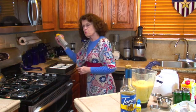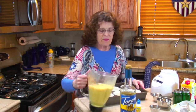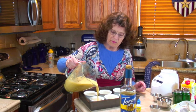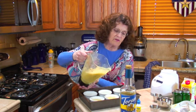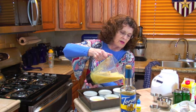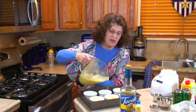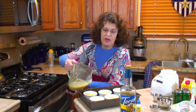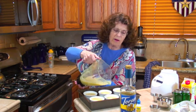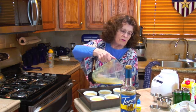Then over here, I've already sprayed these ramekins, but I'll pretend like I am doing it now. They have to be sprayed because they'll stick otherwise, all right? And then I'm going to pour this and divide it between the 6 ramekins. These are going to make little egg custards. You bake them an hour, and they come out kind of puffy on top. I like to put them in the refrigerator. You can eat them warm, but I just prefer